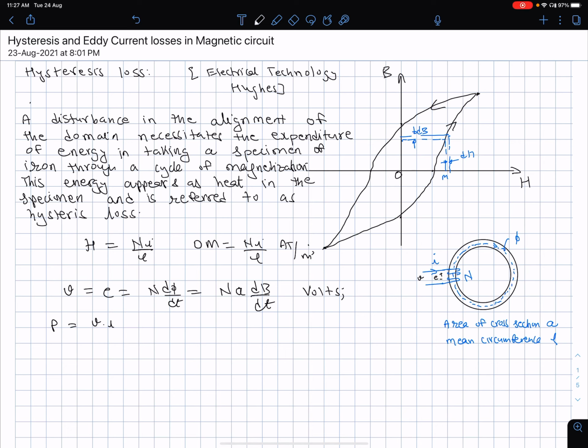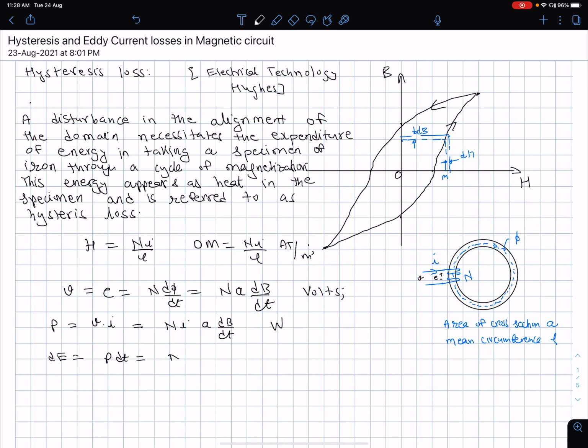Instantaneous power is V times I, or in other words, N i A dB by dt, just multiplying the above equation with the current which is flowing, which is i. So the incremental energy which will get pumped in due to this change in time interval dt is going to be equal to